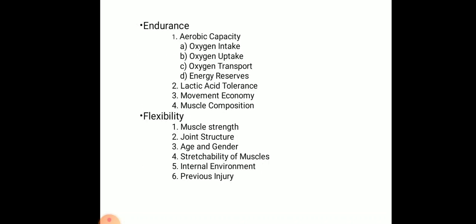Next one is endurance. Endurance as a physiological factor is aerobic capacity. There are three types of aerobic capacity: oxygen intake, oxygen transport, and energy reserve. Oxygen intake is the amount of oxygen which can be taken by the lungs from the atmosphere. If the amount is more, then it is better for achieving higher